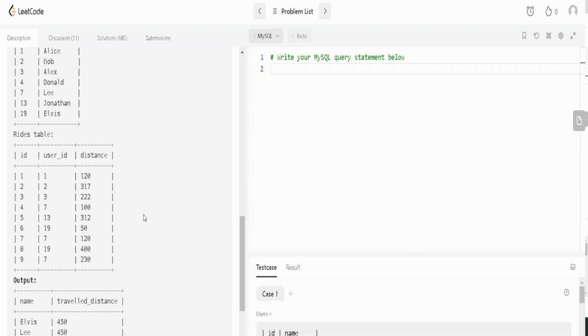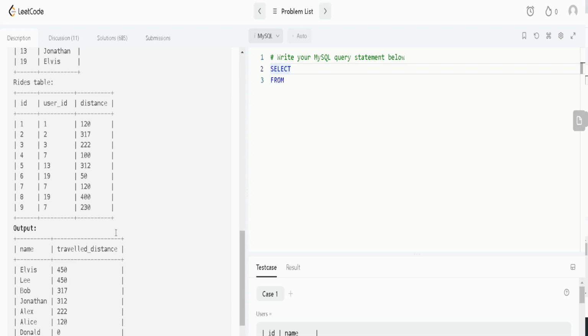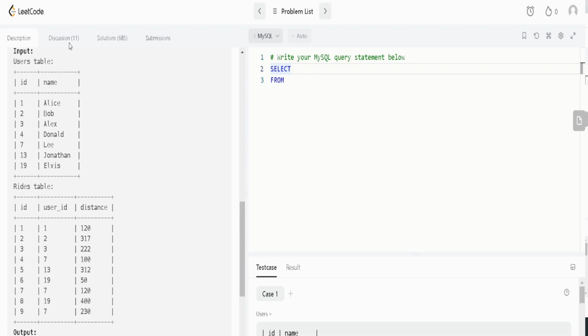So now let's first get into the problem and let's start with just our simple layout. So we're going to do select from, and then on this one, we're going to have to select from both tables. So we'll likely use a join. And we'll get into that in a moment, but let's just start out with what we're going to return. So first we want the name, and the name is only in the users table. So we want users